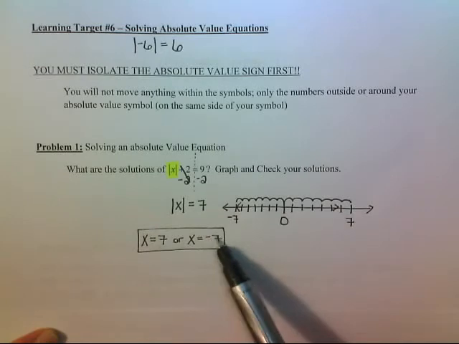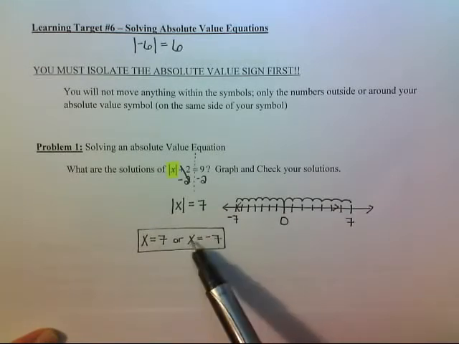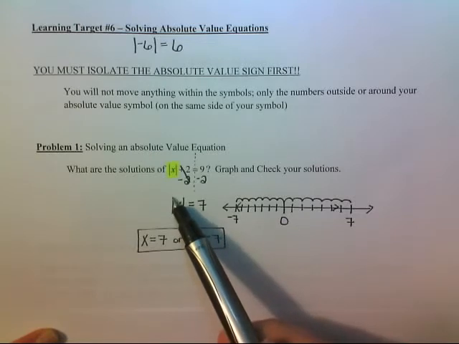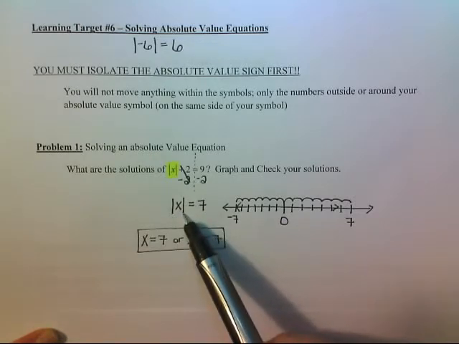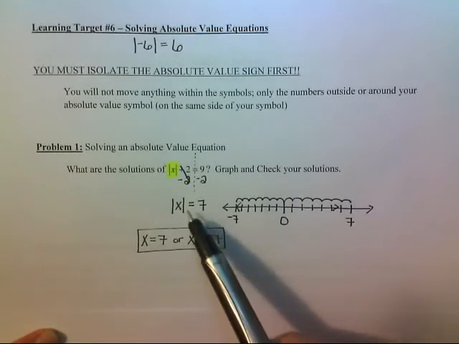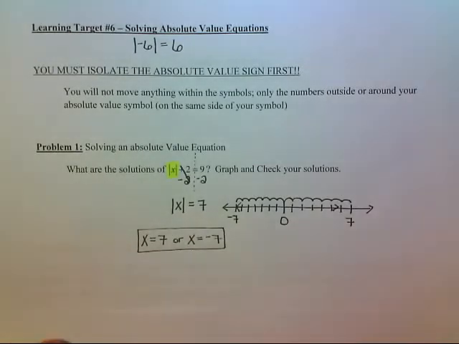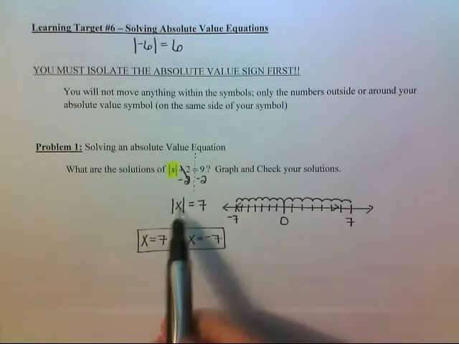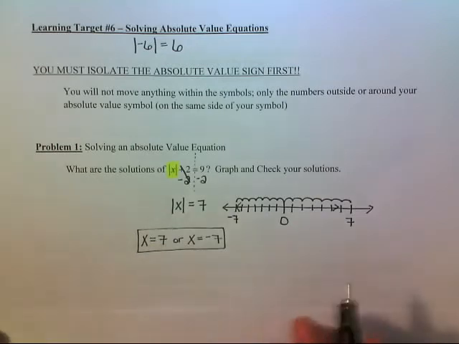Because x is negative 7, if I put negative 7 in there instead of an x, what is the absolute value of negative 7? Well, the answer is 7, so I know that I have the right answer. A lot of times you will have two answers for your absolute value equations. They won't always be one positive and one negative, but you will have, for the most part, two answers